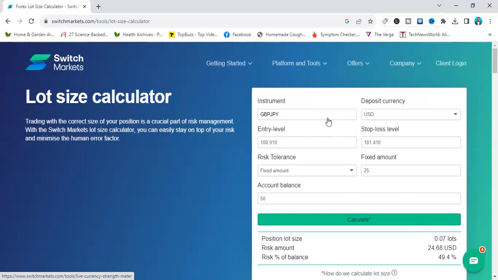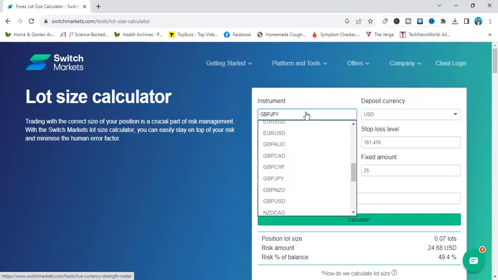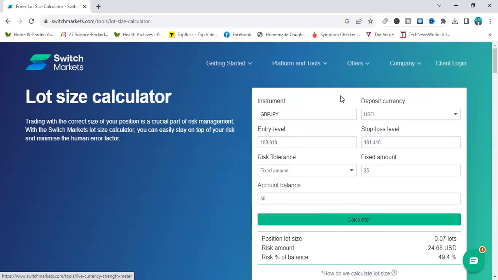So all you need to do is, when you see a signal or you do your own analysis and you see any signal and you want to take it, put in your entry level here. Choose the currency pair here first. They are all here. All the major currencies are here. Put in the entry level, which is the entry price. Put in the stop loss price. If it is a 30 pips stop loss, 50 pips stop loss, do the calculation and put the price here. Choose your account denomination. If the account is in dollars, you put the dollars there. Whatever currency it is, you put it there.